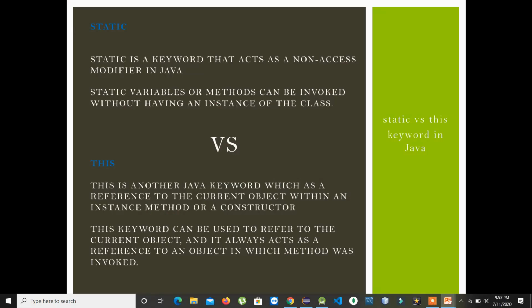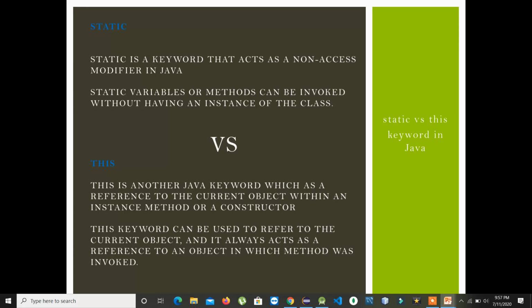So this is what I tried to group together to understand the static and this keyword. You can see that static variables or methods can be invoked without having an instance of the class, and the static keyword acts as a non-access modifier in Java, whereas this keyword gives us a reference to the current object within an instance method or a constructor.